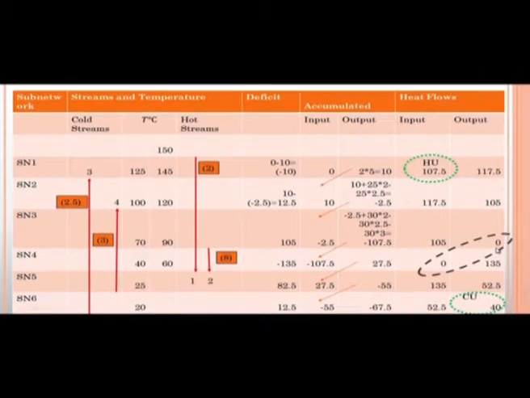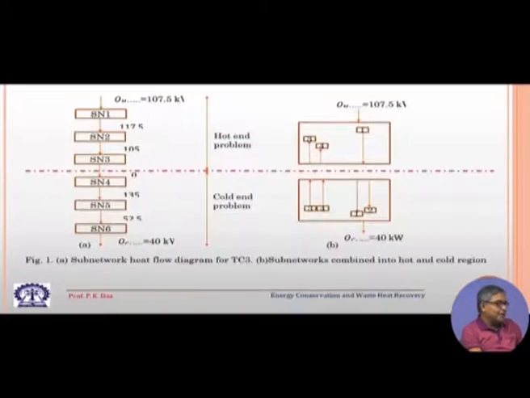So, this is what we have identified, and then what we have done, we have said that once we have the pinch point, the problem can be divided into hot end and cold end, and the sub network, how the energy is flowing from the highest temperature to the lowest temperature, is shown. It has to be remembered that the highest temperature is the temperature of the hot utility available, the lowest temperature is the temperature of the cold utility available, and this is how the energy flow takes place.